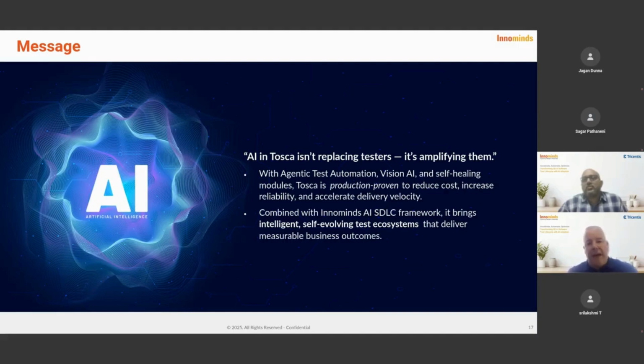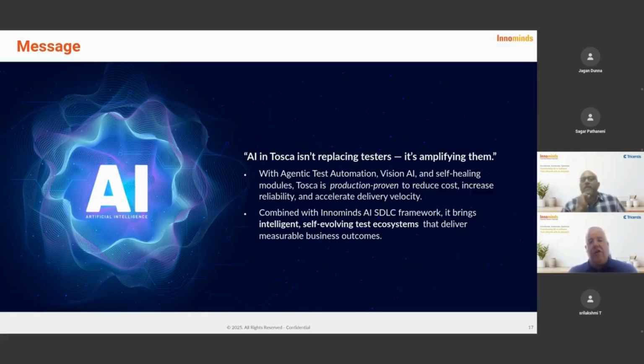But when you combine that with the power of an LLM, that's where you get the agentic component. It is the eyes of the agent that creates the Tosca automation. Through Vision AI, we know what's on the screen. We know where the edit fields are, what they're labeled, what the button is, what the layout is. The LLM provides the reasoning for how we navigate through that screen, what data we apply, and where to achieve the objective of that screen, and then move on to the next screen, et cetera. So think about Vision AI as the eyes of our agentic.